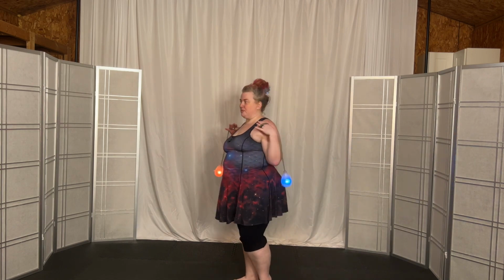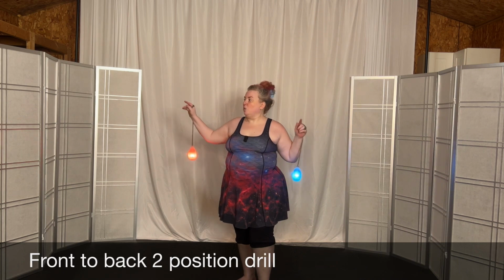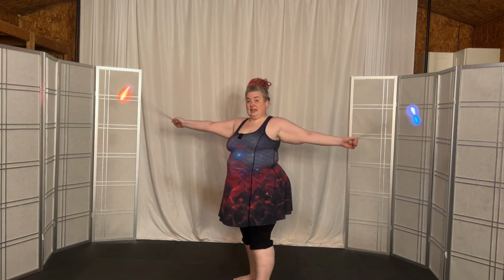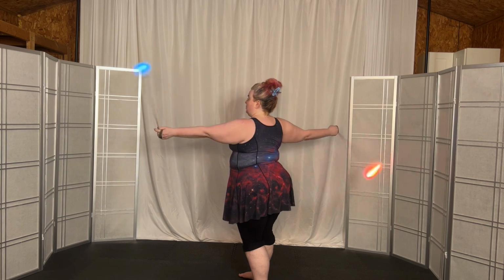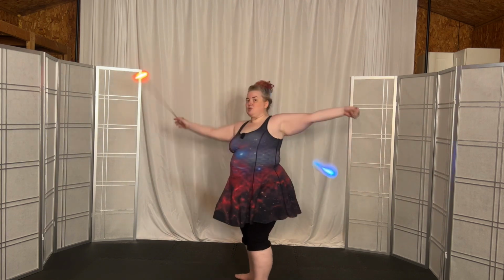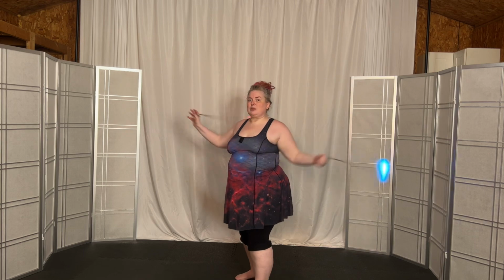So I want you to rest your deltoids for a second. Now what we're going to do is move 2 positions at a time. We'll go from the horizontal to the other horizontal. So if we start with the left in the back, we'll go across the bottom with the left one and across the top with the right one. Then across the top with the left one and across the bottom with the right. And then keep switching those, going 2 positions at a time